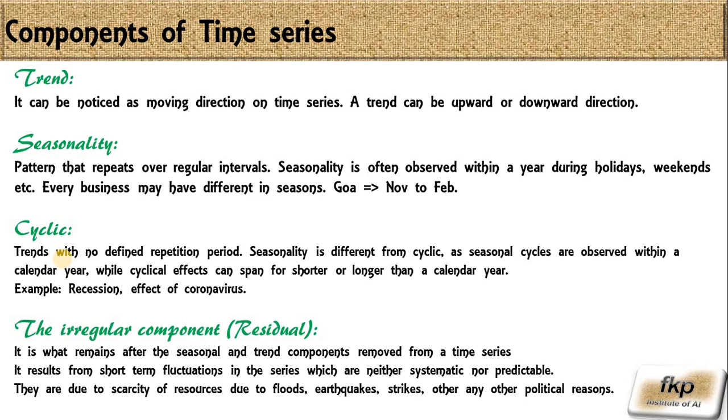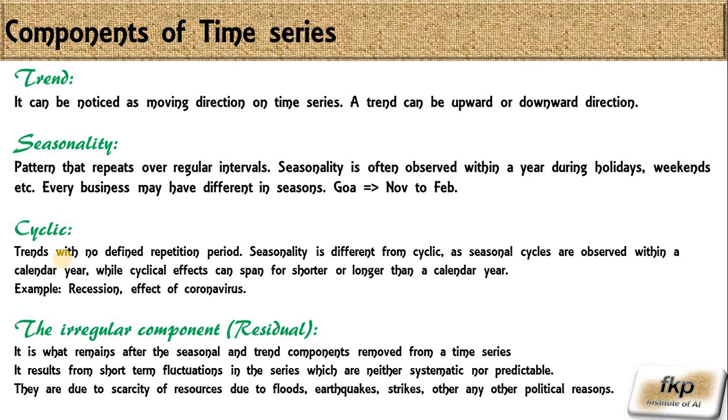Okay, so it happens once, and it reflects on the time series we can observe. But unless we see that shock in the graph, if we don't have that shock in the given data, we cannot observe this cyclic component. This cyclic effect can span a shorter period, or it can go longer.